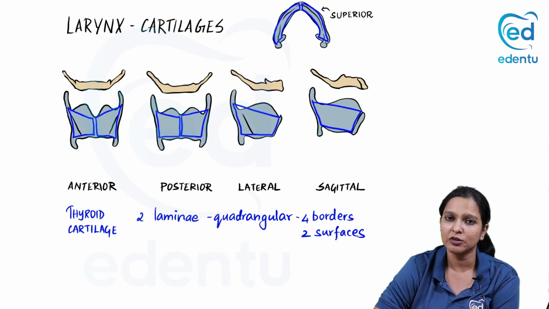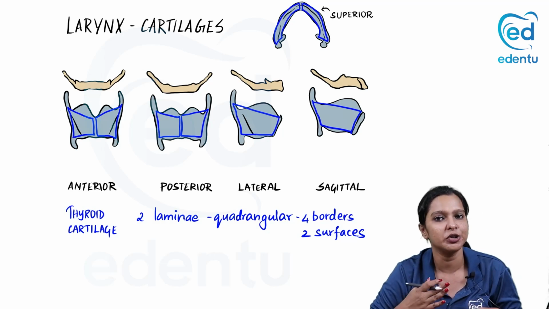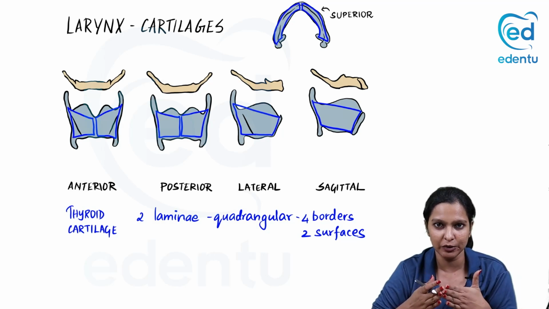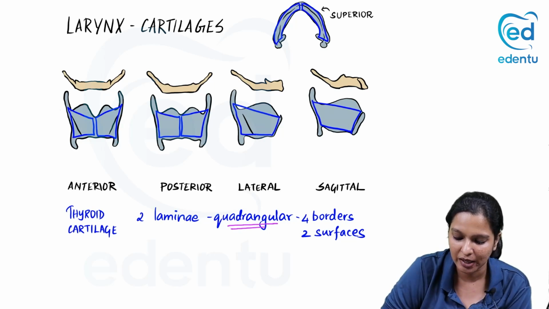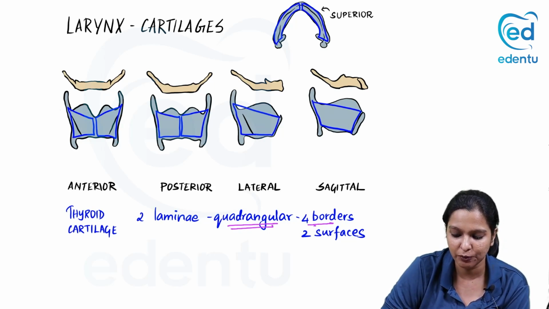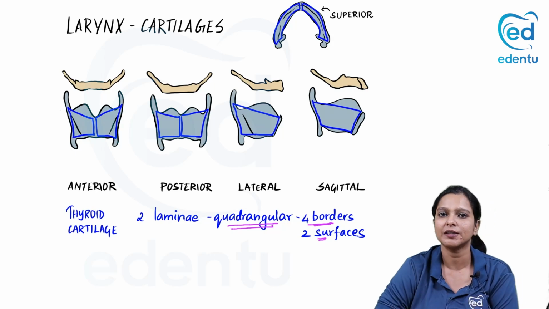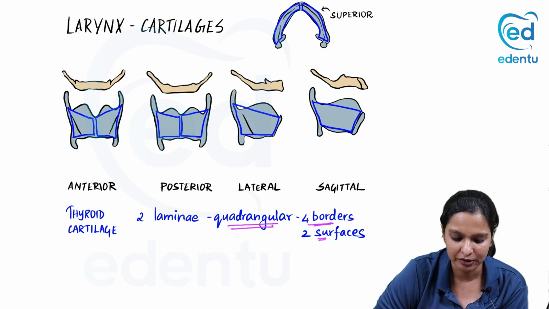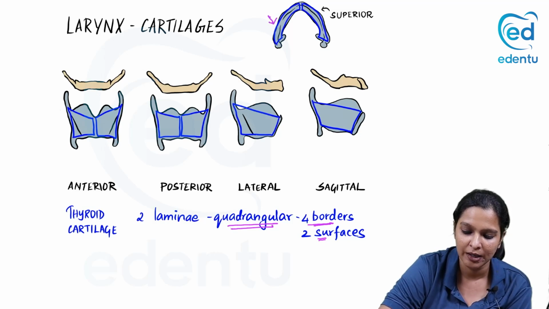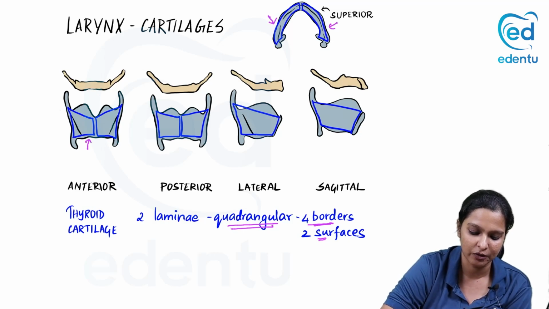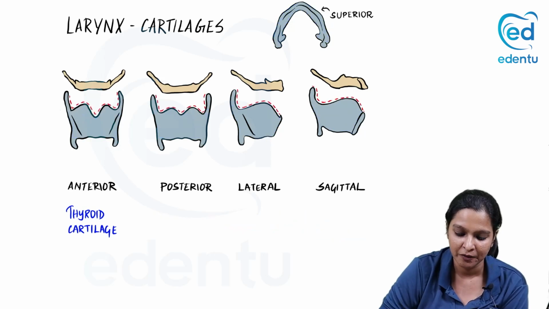Now, it consists of two laminas, two sheets or laminas that are fused in the midline anteriorly. Each lamina is quadrangular in shape, which has four borders and two surfaces. Now let's orient to the four borders. These are the two laminas, 1 and 2. You can see here also there are two laminas. First,